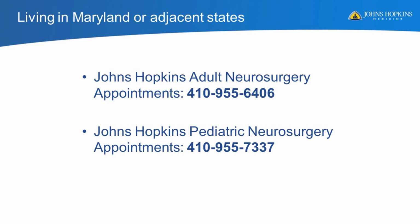The next scenario is that you live in Maryland or one of the neighboring states or in Washington, D.C. And again, you've been told that you have a brain tumor, that you need to see a neurosurgeon, and you want to have access to Johns Hopkins and to be seen in neurosurgery. This applies for adults or children, and the numbers to get access or to get an appointment here are the following. For an adult, it's 410-955-6406. And for pediatrics, it's